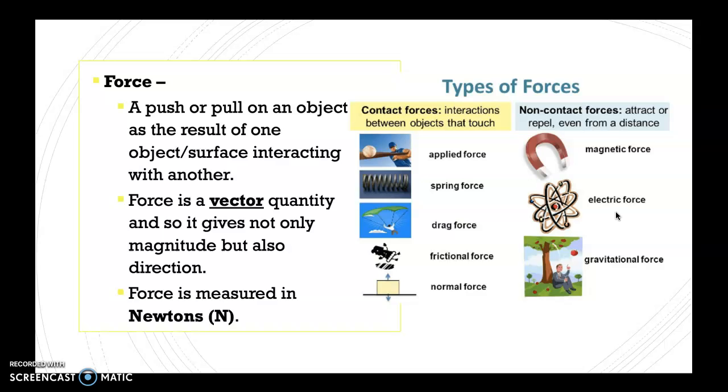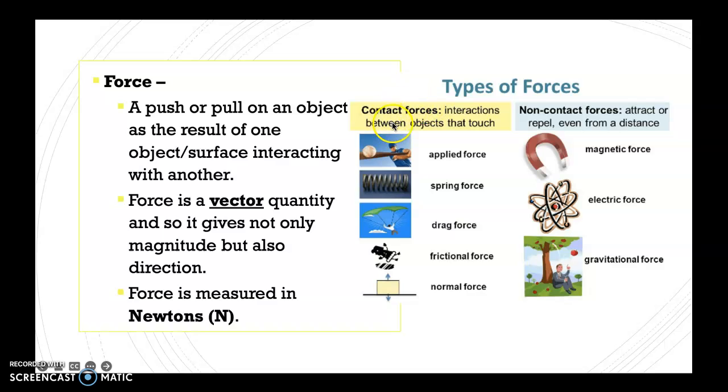Force is a vector quantity, meaning that we pay attention to direction. So it gives not only the value, the amount of the force, but also the direction the force is in. And all forces are going to be measured in a new unit, which we call the Newton,